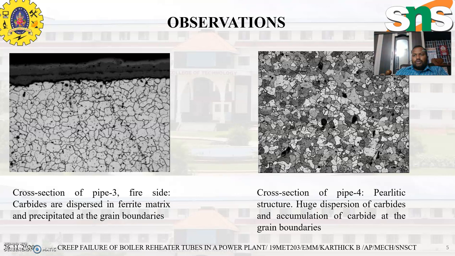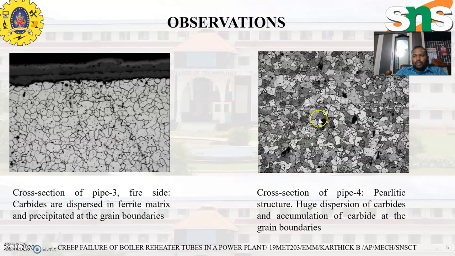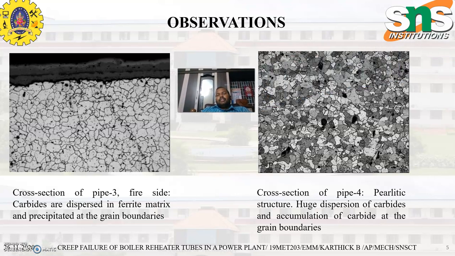So coming into the structure, the presence of voids in some cases, the presence of voids may be this black color. Taking here the carbide which is present in the microstructure, these carbides and the voids present in the grain boundaries will act as a stress concentrator. This stress concentration factor will be leading to the formation